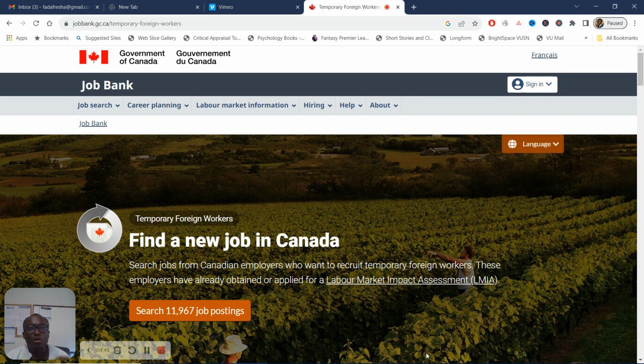Don't make the mistake of using one generic CV to apply for everything. Some people say they want to be a cleaner, they want to do construction work. They have a CV that is tailored to a cleaner, and they use that to apply for a construction job. If that happens, it's not going to work. So take your time, explore all the job requirements, and include that in your resume,